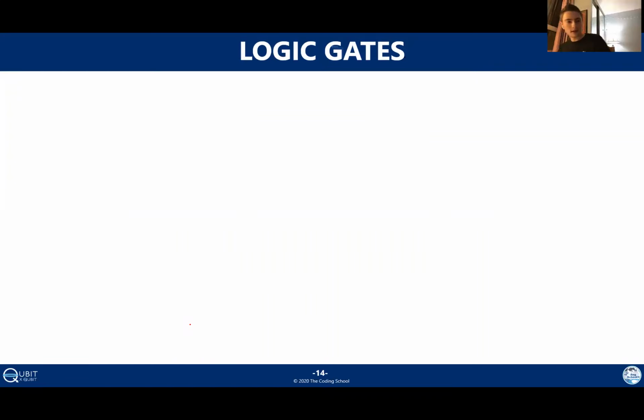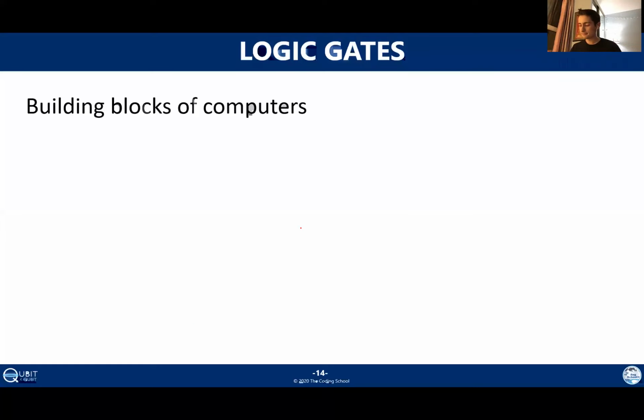Okay, so we'll keep going on to logic gates. Now, as I said right at the beginning of this presentation, binary numbers are sort of the very basic language that computers talk in. So just like before you start doing any math, you clearly have to know what numbers are and how to read numbers. We've talked a little bit about how to read binary numbers, which are the computer's representation of numbers. So now we're going to talk about sort of the next layer on top of that, which is how we start doing interesting things with binary numbers.